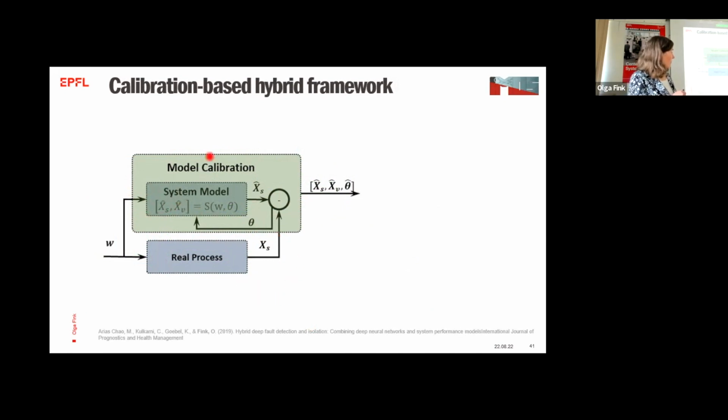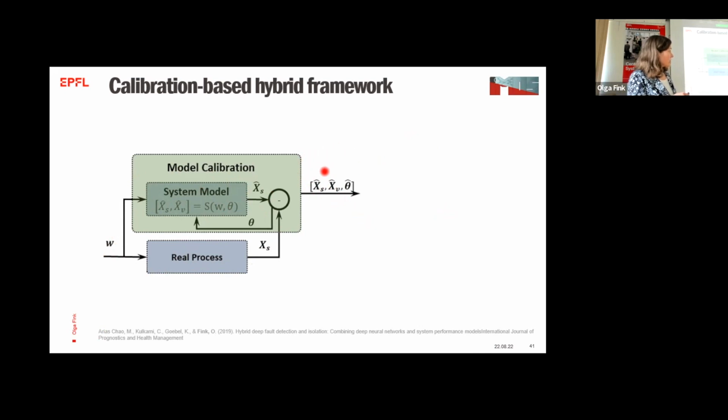We also have a performance model. It's just a performance model. And we can calibrate it with our measured data. And once we have this calibration, and once we start calibrating or adapting and updating the model with each of the new inputs, we actually have not just access to the measured parameters and now estimated parameters from the system model, but what we also have access to are the virtual sensors that are not captured by the real process,